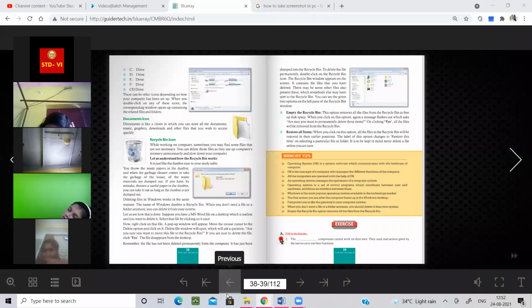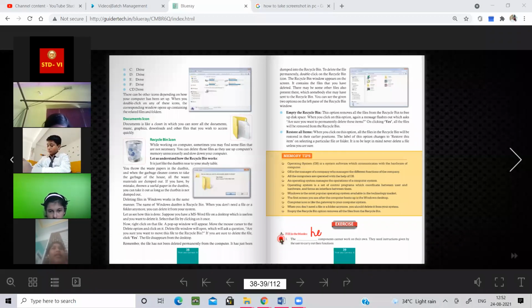Now I'm going to tell you the answers of this chapter. First of all, the first answer will be hardware. Okay, I'm writing over here. Hardware. There my touch has some problem, so hardware is looking like this.